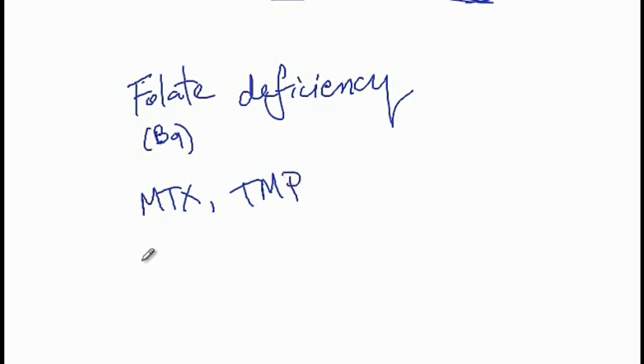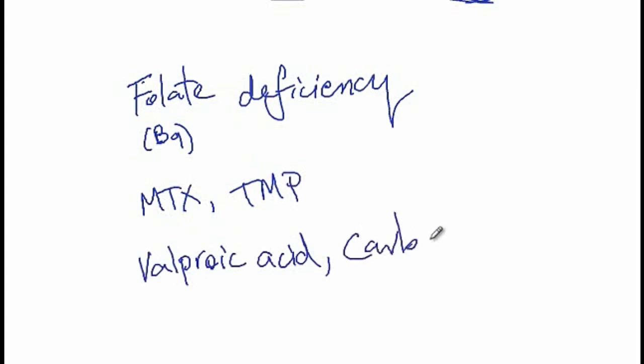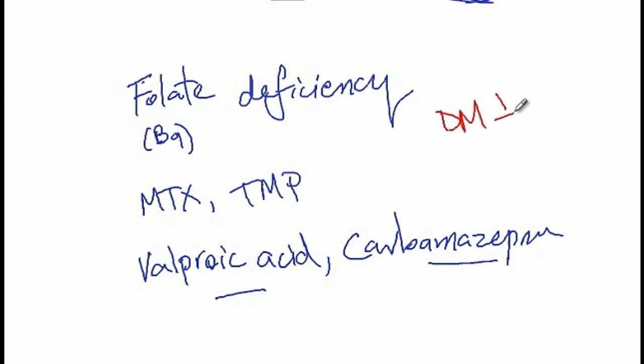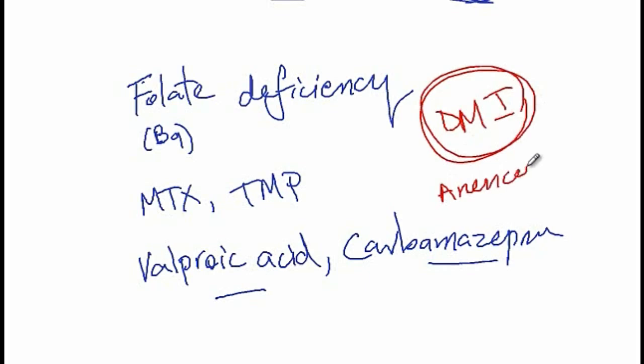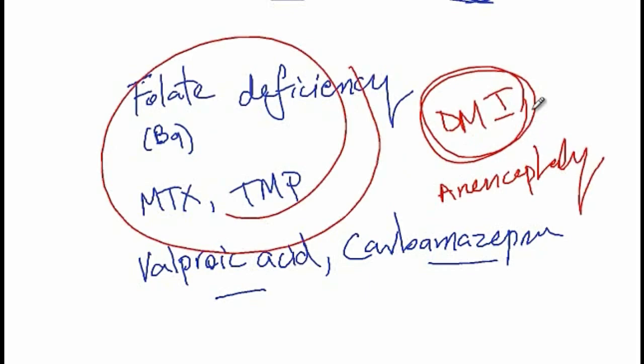Anti-seizure medications such as valproic acid and carbamazepine, both of which interfere with intestinal absorption of the folate, can cause neural tube defects. I would also like you to know that uncontrolled diabetes, particularly diabetes mellitus type 1, is associated with neural tube defects and anencephaly. So just keep that in mind, that folate deficiency or uncontrolled blood sugar associated with diabetes can